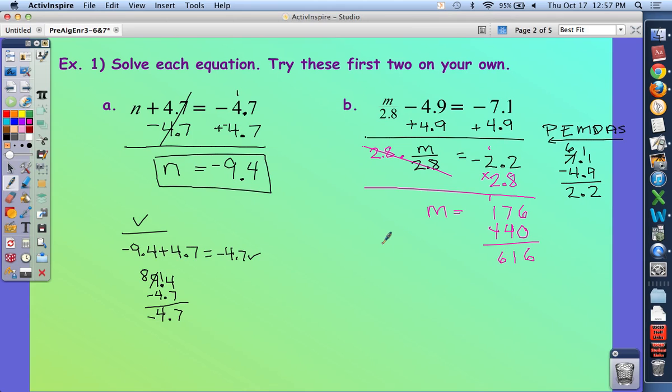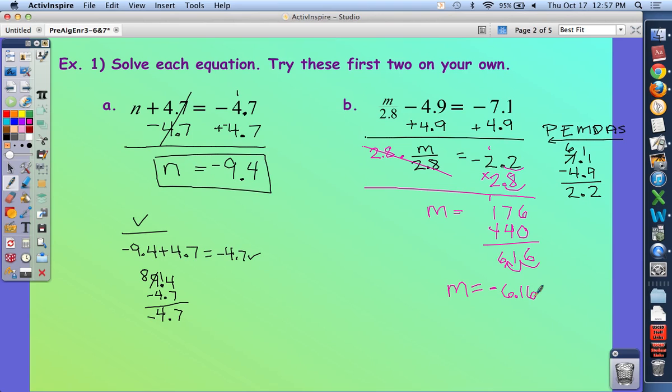How do I know where my decimal goes? 1, 2, 1, 2. And the last thing, don't forget the sign. A negative times a positive, you know your answer is going to be negative. So you have a lot to remember there. These equations just got harder because you have to remember